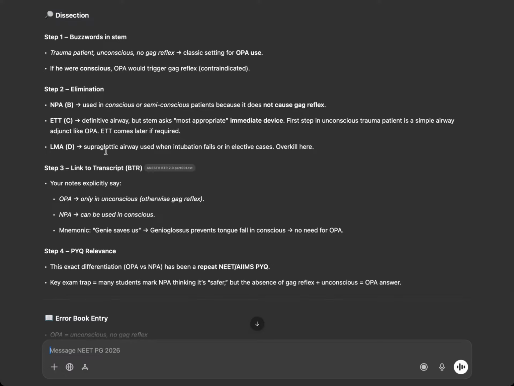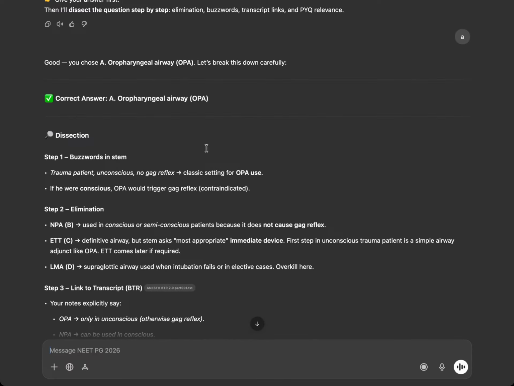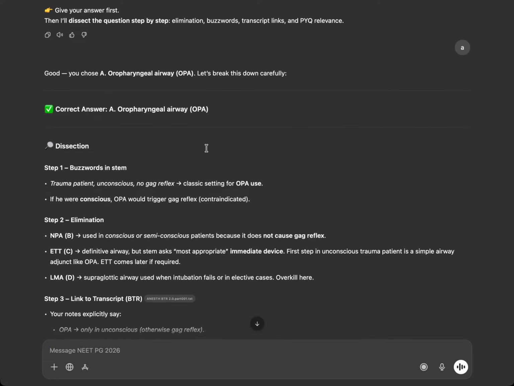Laryngeal mask airway and supraglottic airway devices both are the same. SADs and LMA are used when intubation fails or in elective cases. So this is the next step. In all the airway device and intubation techniques, there is a sequence. If one fails, we go to the next, then the next. Basically, oropharyngeal airway or nasopharyngeal airway is the primary which we use for immediate action, and these are the easiest and quickest procedures we can do.